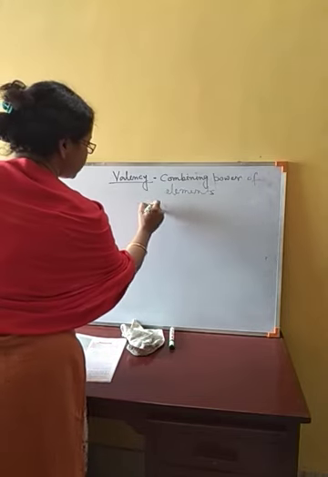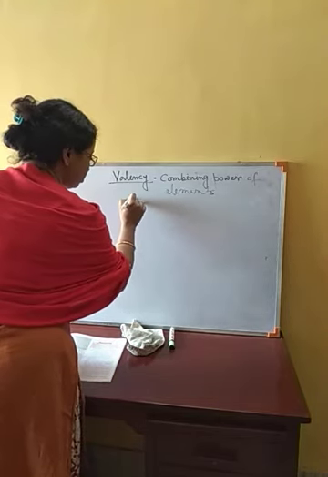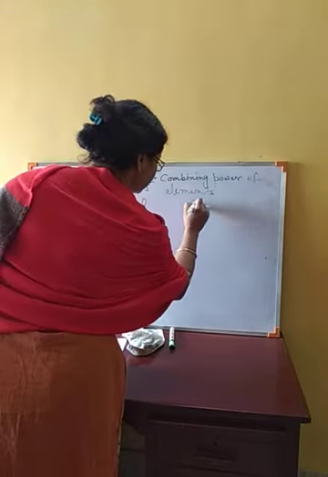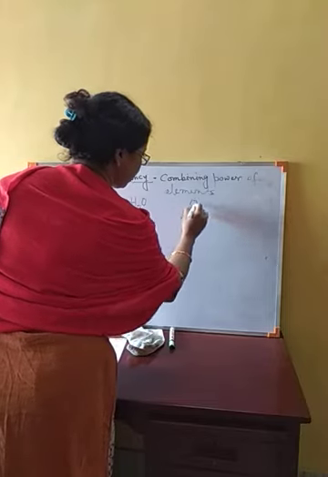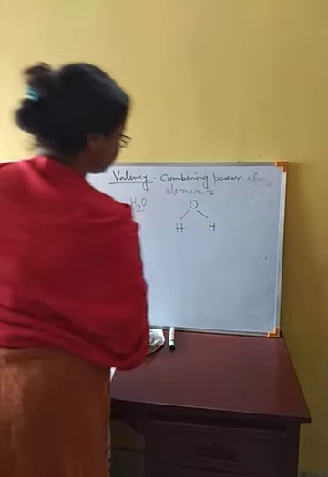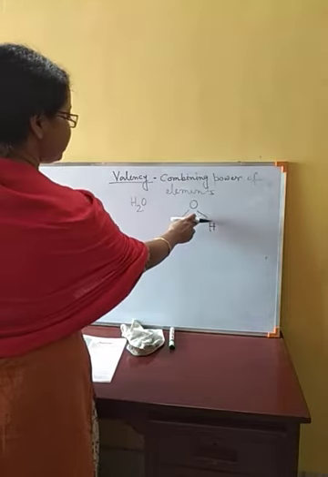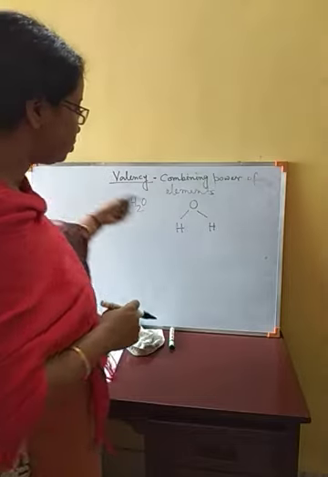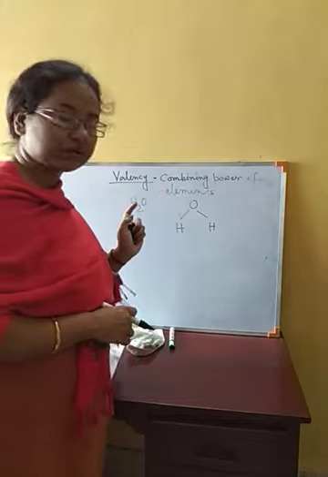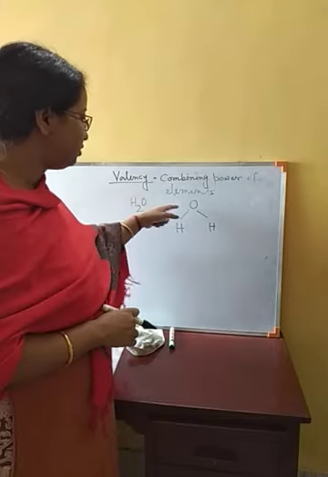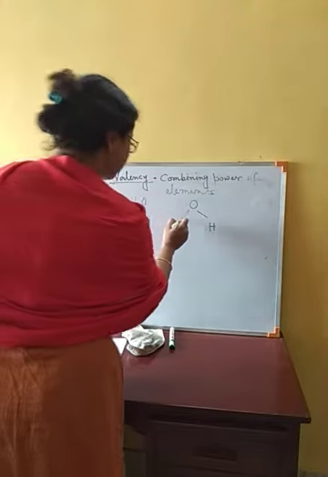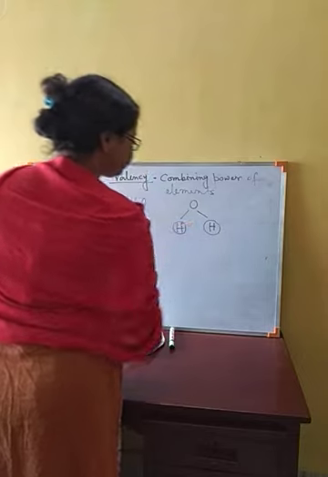Suppose we take the example of the water molecule. We know the formula of water is H2O. Now if we see the structure, one oxygen atom is there along with two hydrogen atoms. Okay, now see, oxygen is having what we will call hands. Suppose oxygen is having two hands. Here you can see that two hands are there with oxygen, and with each hand it can hold one atom of hydrogen. That's why we will call oxygen's valency as 2.